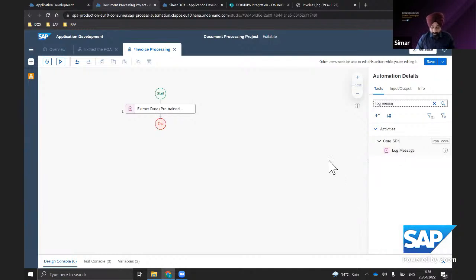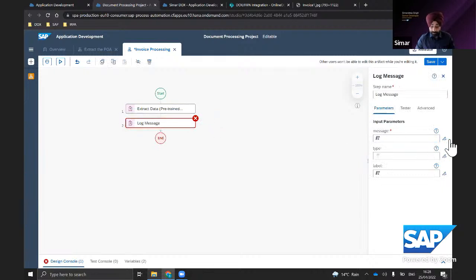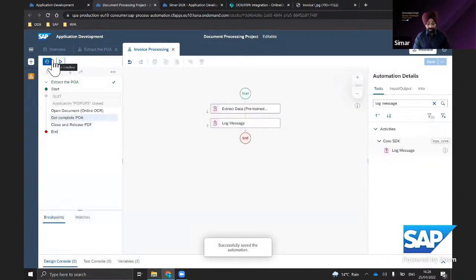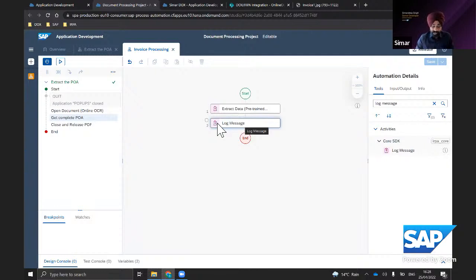Search for an activity called log message. I drag and drop this log message activity, and what I want to log is the data extracted from step 1. So I click on step 1 and click on save. SAP Process Automation allows bot developers to always watch what is being extracted from a specific step.